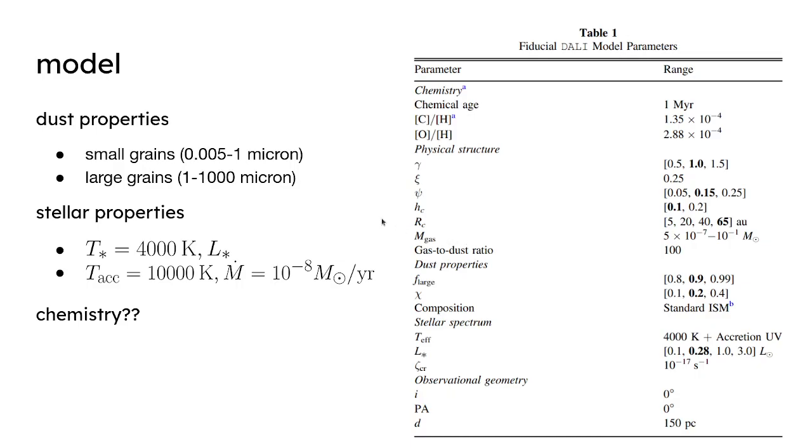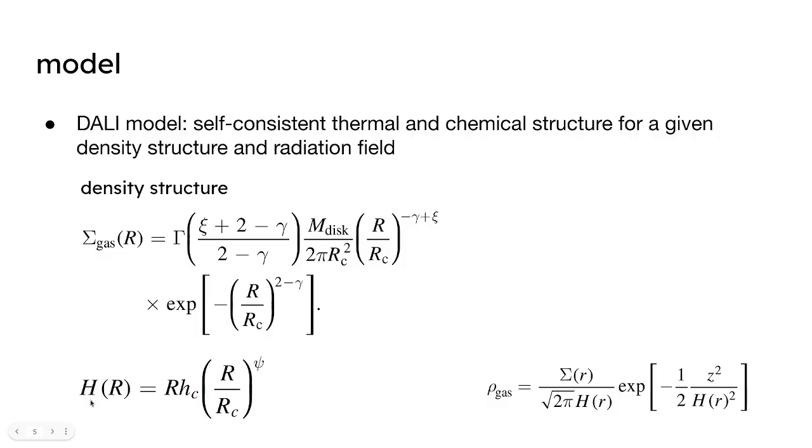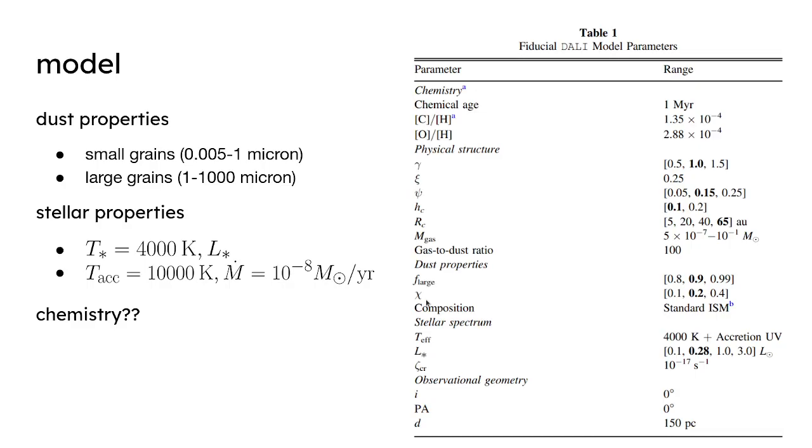they have different portions of total dust mass assigned to them. This is described with this F large. So 90% of mass is in large grains, for example, but large grains have a different scale height. Basically, the scale height for large grains is multiplied here by this value. For the star, they have a star with 4000 K effective temperature and luminosity. They consider a range of it. And they also have an accretion source,